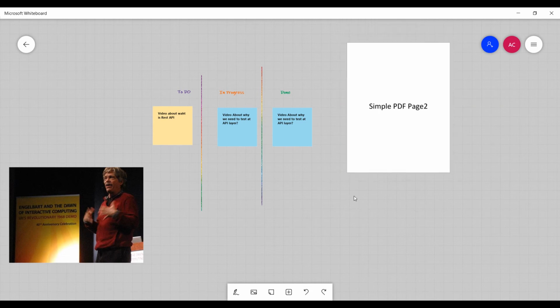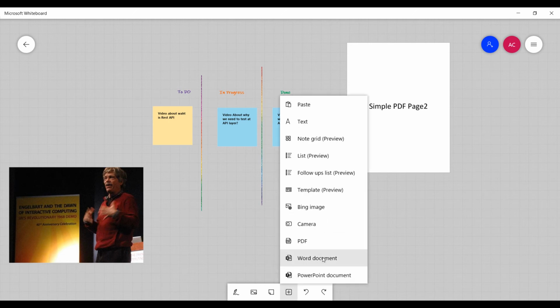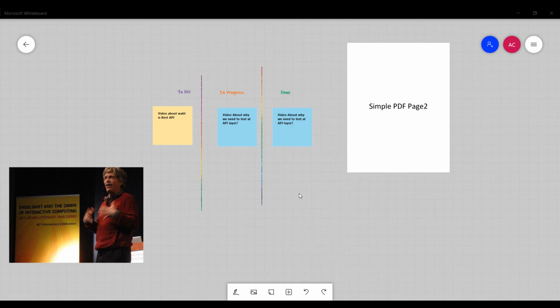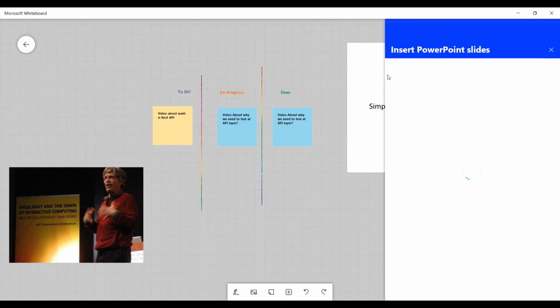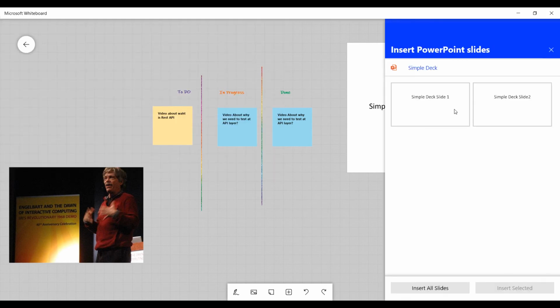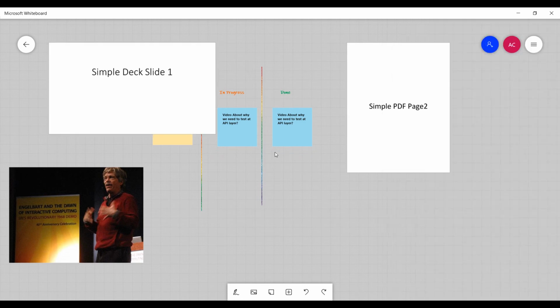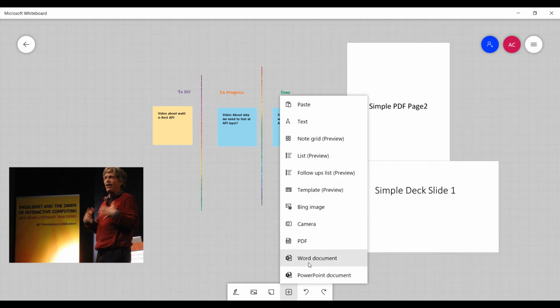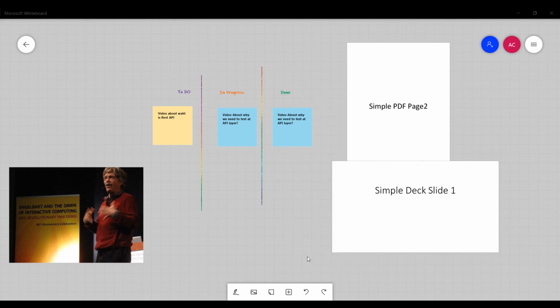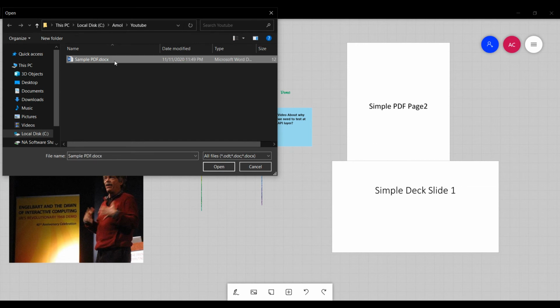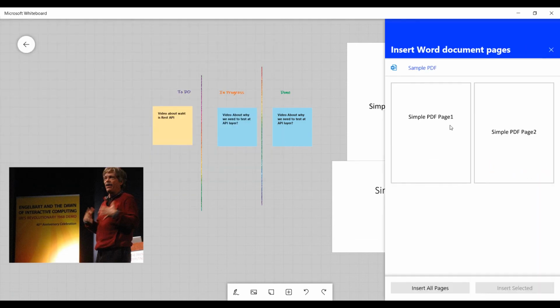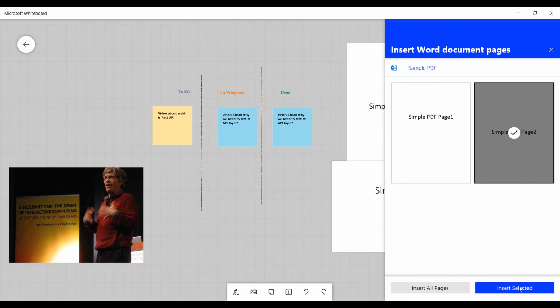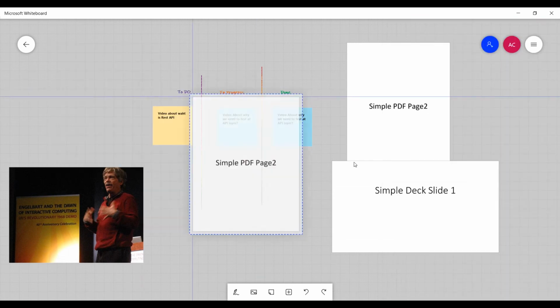Just like the PDF, this also works out of the box with Word documents or PowerPoint presentations, and you would be able to add multiple slides if you like, and you can work with those slides without any issues. You can add a Word document as well. So basically all this gives very unique and easy access to the Microsoft toolsets, not just from the Office suite, but even Bing search, and those are very easy to use here.